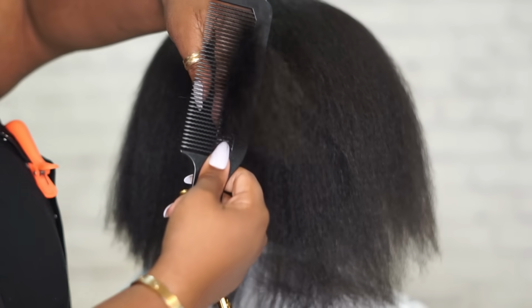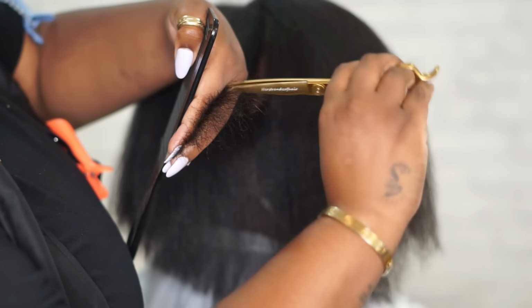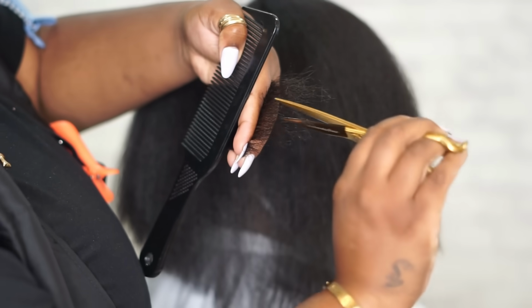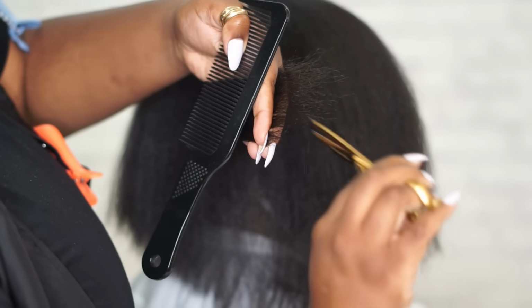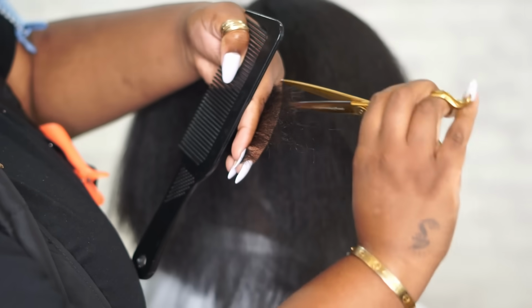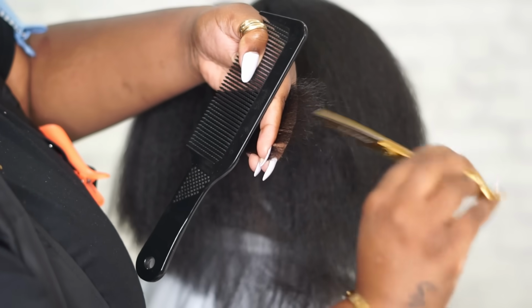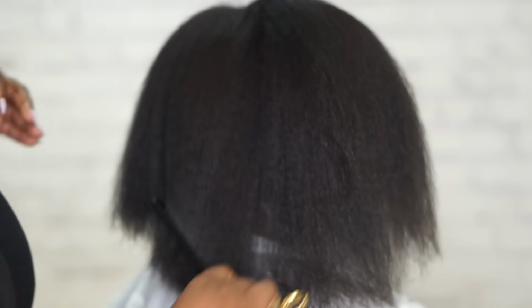Now that I have got the base of my cut down and the shape in, I'm just going to add a little bit of layers just to make sure that it's a little fluffy. I don't want it super flat. I don't want it to start super flat, should I say. I want it to start with a little volume, and then it could just lay over time as it gets